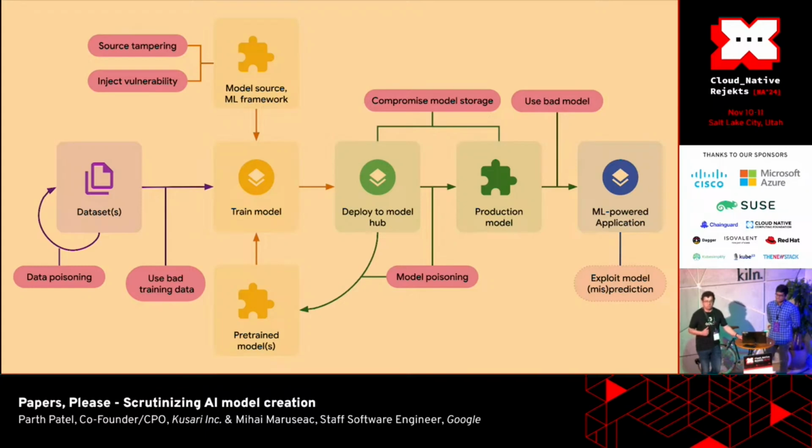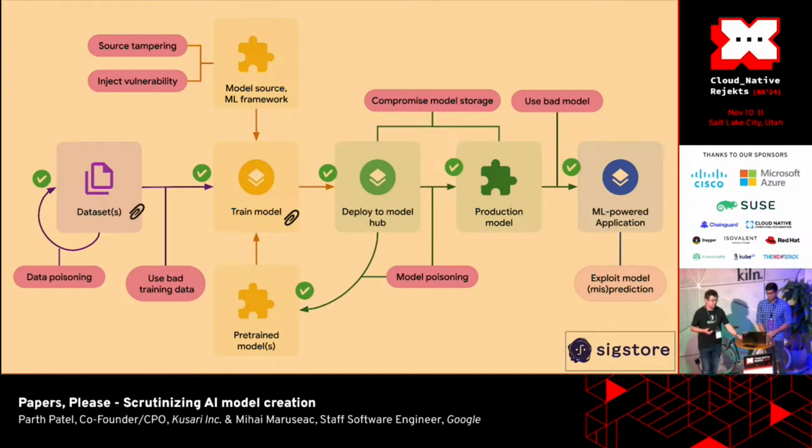You put your model in storage, but then people that have write access to the storage might overwrite your model with something else, or might just modify the weights a little, fine-tune the model to mispredict under some conditions. So we want to protect all of the supply chain. And the first step is each time we release an artifact, we sign it. And each time we use the artifact, we verify it.